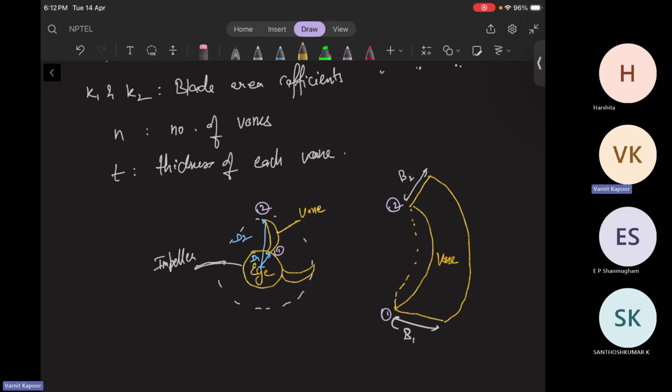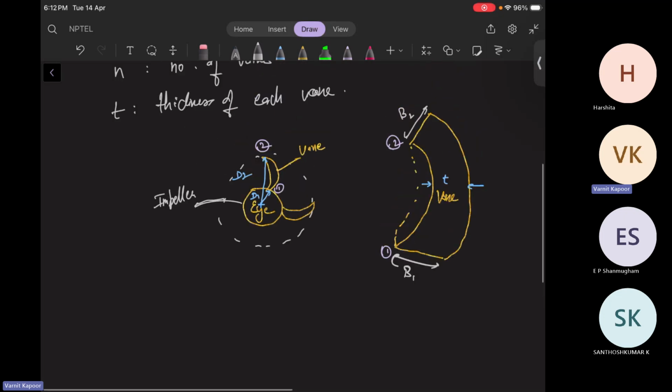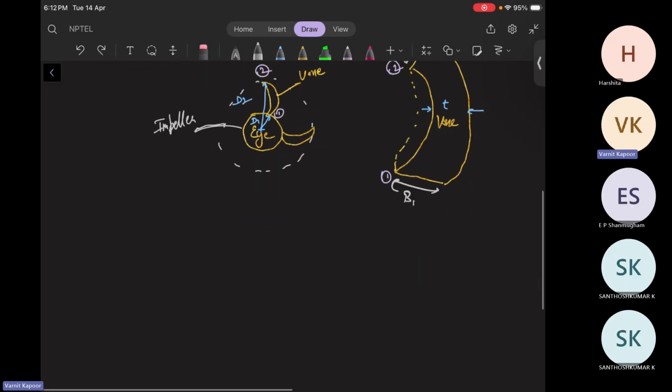And then D1, D2 I have told, B1, B2 I have told, N is the number of vanes, and T is the thickness of each vane. So this will be your thickness. This is your thickness of the vane, T. So what will be the area at the inlet of the impeller? Inlet of the impeller means this area, and there are N number of vanes there. It is not a single vane available. So at the inlet of the impeller, area will be